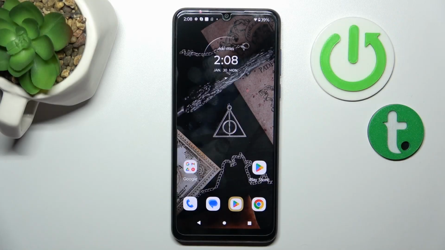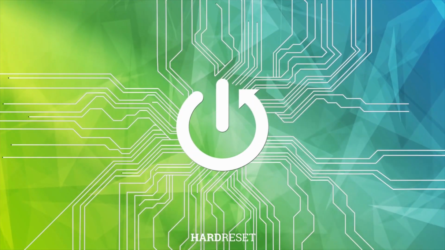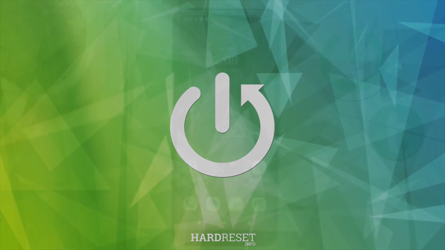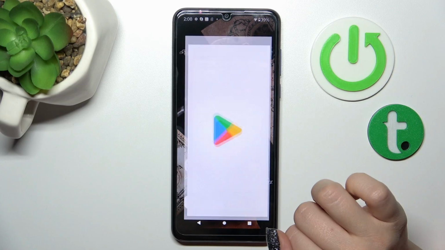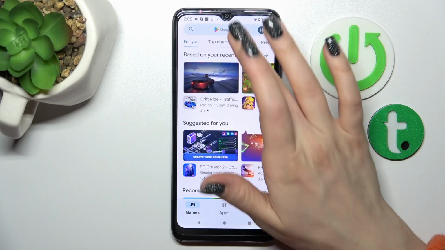Hi, today I'm producing Motorola Moto G Pure and I'll show you how to turn on always on display option on this device. So unfortunately we don't have the AOD option installed by default, that's why we should get the application from the